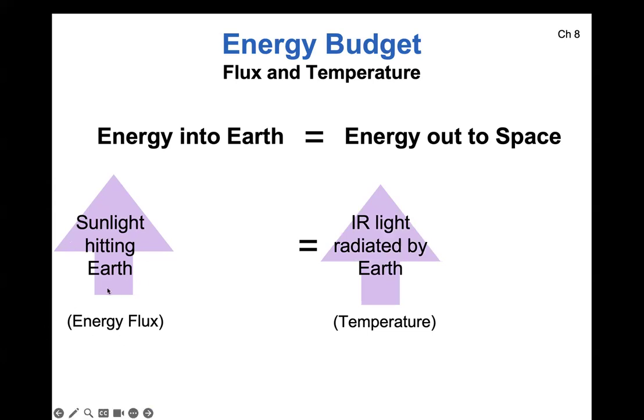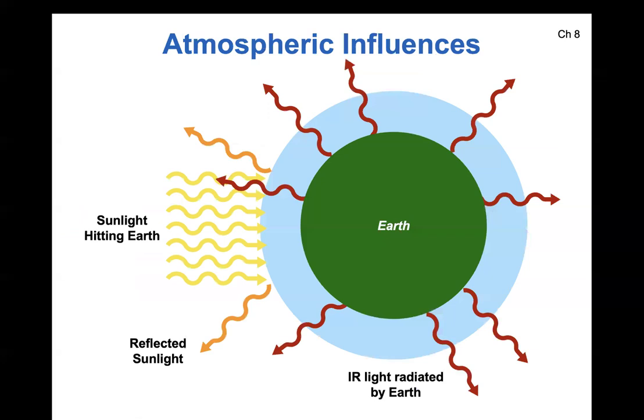So if the sunlight from the sun suddenly became more intense, therefore the actual flux, which if you remember is just energy per area, if that increased, then the temperature would increase accordingly, so that the amount of outgoing radiation leaving Earth went up equally to the input. Okay, so if this was our model, if it was as simple as this, it would just be raise one, the other goes up as well. Okay.